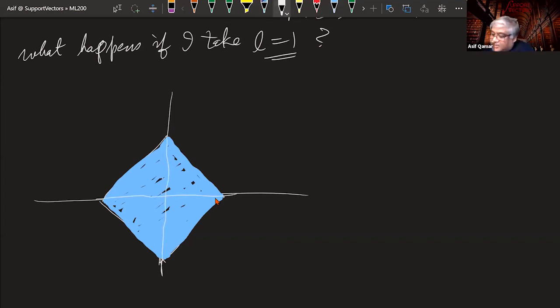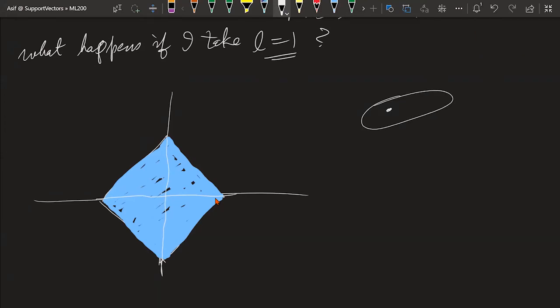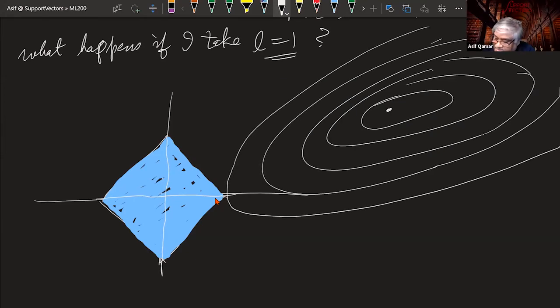Let's go back and draw our contour lines. Where do they seem to touch? They seem to touch on the axis. This is something very interesting. This is the x1 axis, and this is the x2 axis. What happens is, more often than not, this pointy edge,